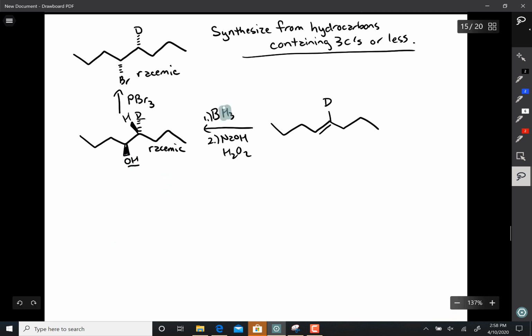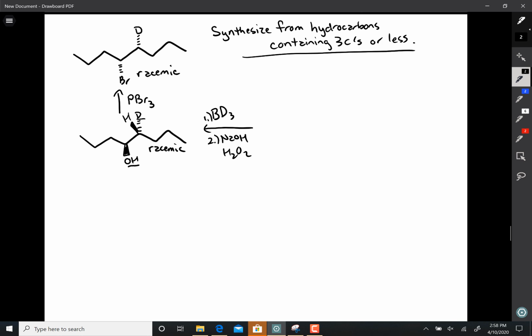And if you do that, so make that be D3, what you then need to do is take a look at this molecule. Right now the OH and the D are anti to each other, so we need to redraw this molecule so the OH and the D are syn to each other,